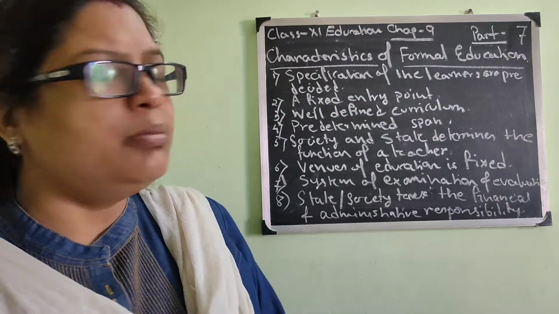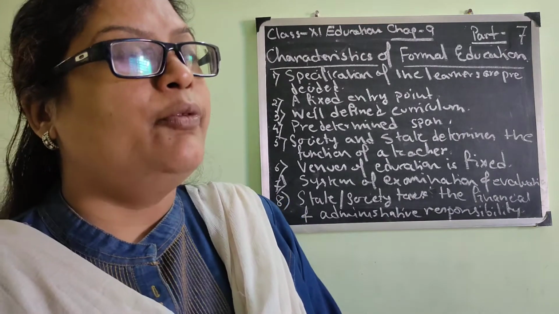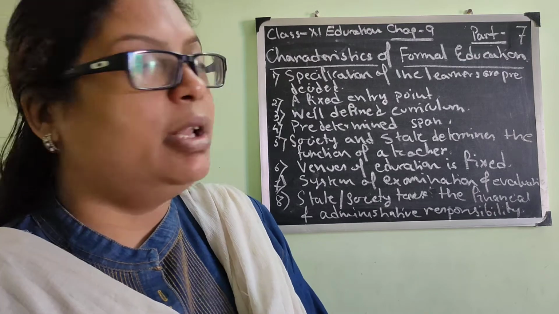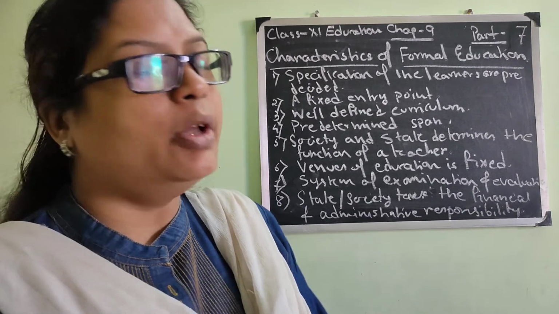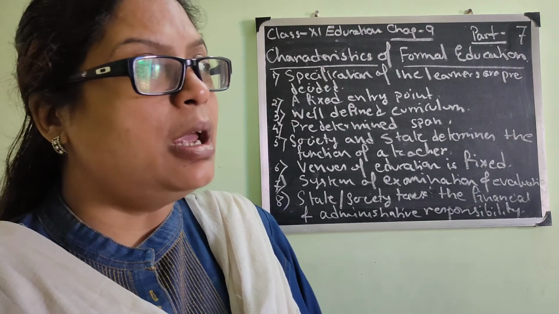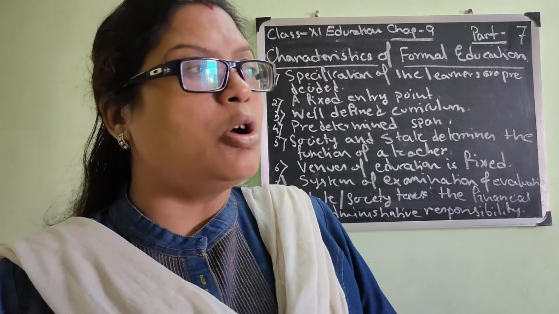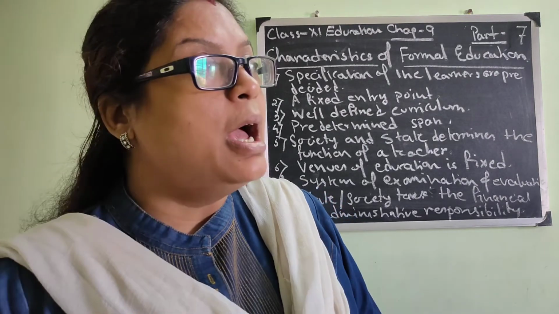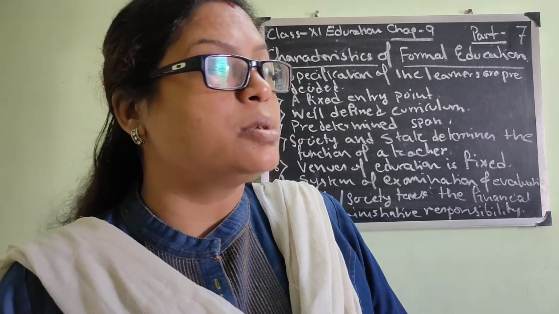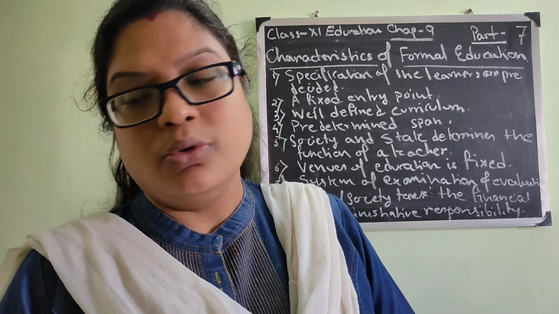So these are all the features and characteristics. You will get them in your book. If you go through the book, when I get the live class, as I used to say, I will explain if you have any problem. So today's discussion is more or less okay. Next day we will start and proceed with school as a formal institute of education, what are the responsibilities and the duties the school has to follow being a formal institute of education.